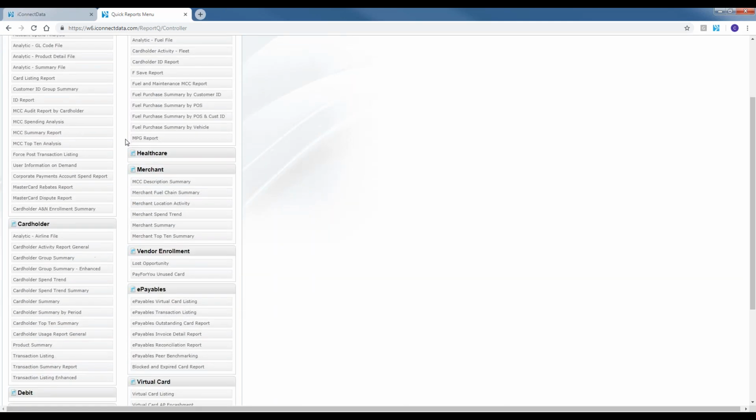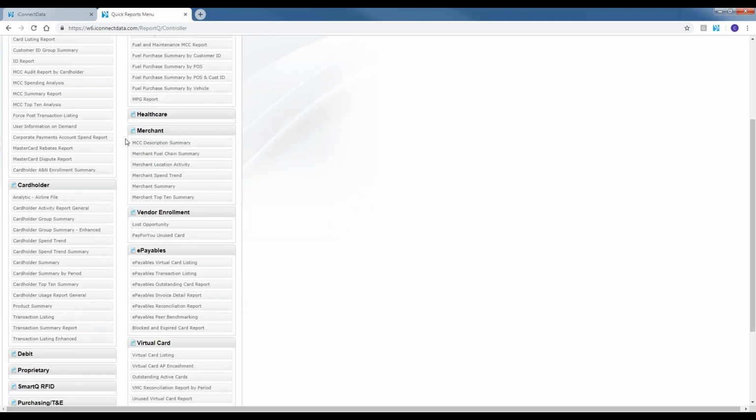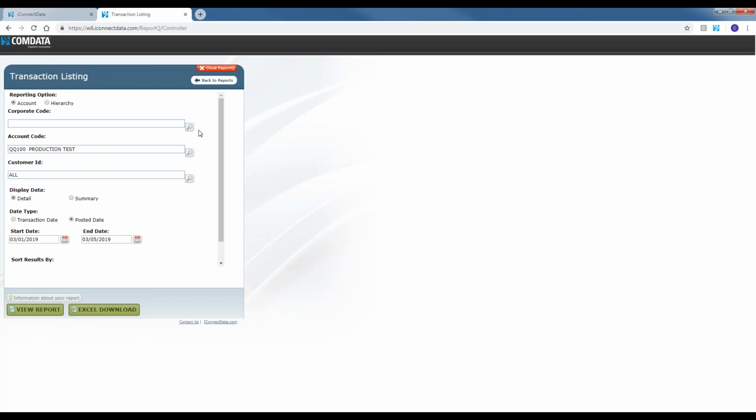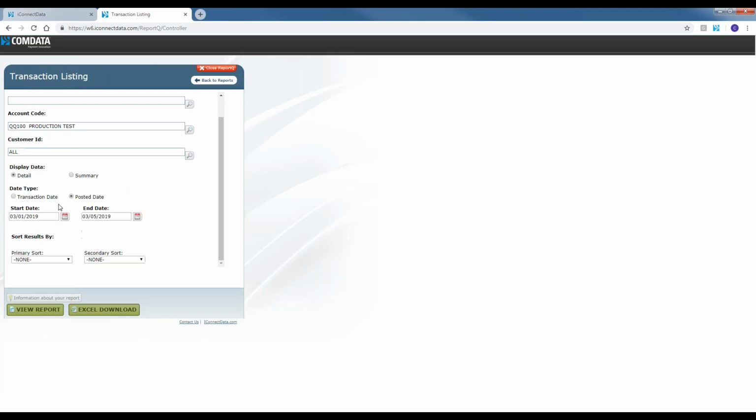All right, so the next step here, I'm going to dive into one of these reports. I'm going to go over certain restrictions that will pertain to all reports found in here in the report queue. So we're going to go ahead and click on the transaction listing. From here, you'll want to double check your account code and your customer ID. You'll have various display information available to you based on the report, and then you're going to have your start